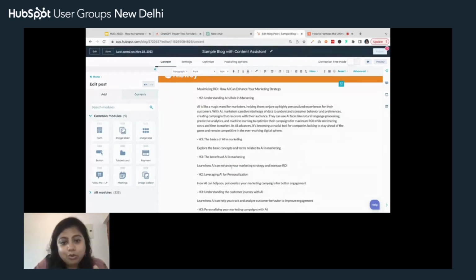You can go outline by outline, expand everything, and then read the final thing. It might need some input from you in terms of making it flow smoothly, but it can get a lot of your work done. Something that you would have maybe done in 2 hours, and a lot of research, can be done in maybe half that time. And then you can spend more time thinking how to make it better rather than just how to get to the first draft. So that is how you can see how content assistant can be helpful.